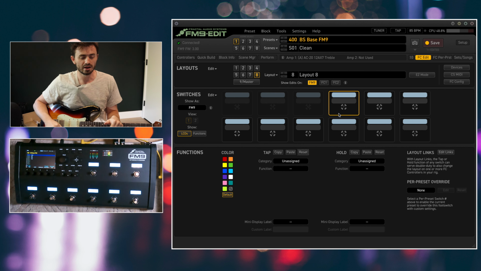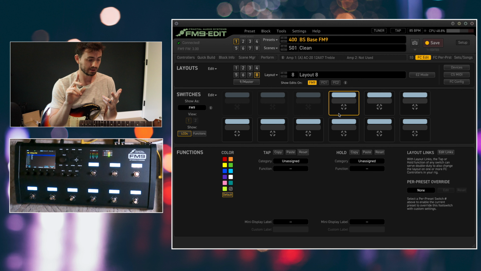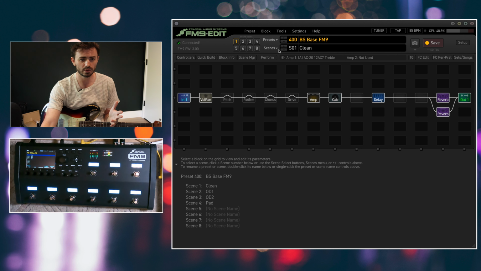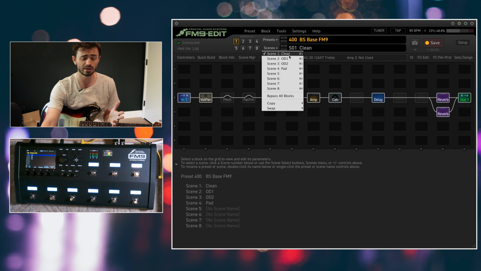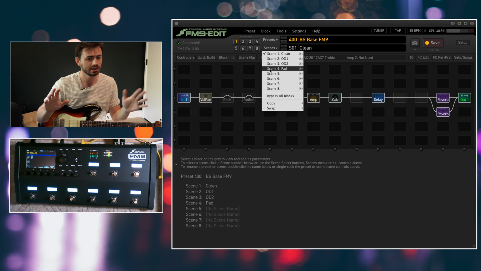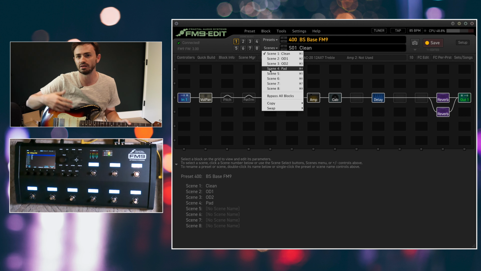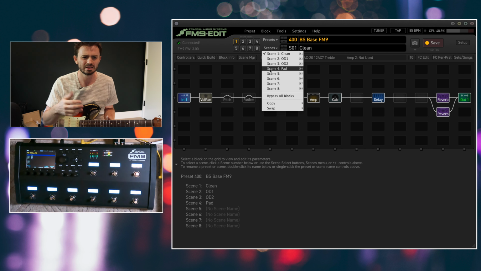Good, everything's cleared out. All right, so what I want is, for my base preset, I have 4 scenes. And these 4 logical scenes are 3 levels of overdrive and then some sort of pad sound. Those are kind of like the logical 4 general things that I need at all times. And what those are varies, right? Like in the pad, maybe it's a shimmer, maybe it's a tremolo thing, maybe it's a chorus thing, but it's always some long reverb tail thing, something I can do swells with, something I can pick a little bit lightly with. And then again, the overdrives might be different overdrives for different songs, but there's always a cleanish,